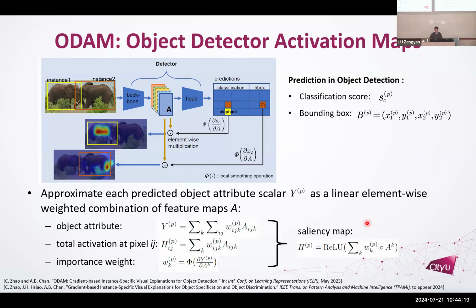So this is the final saliency map that we use. This is the gradient times the activation map, and then we use a rectified linear unit here, which means that we just focus on the positive components of this heat map. That means that we're interested in the features that improve or boost the classification score of this object, the ones that are correlated with the score of the object.